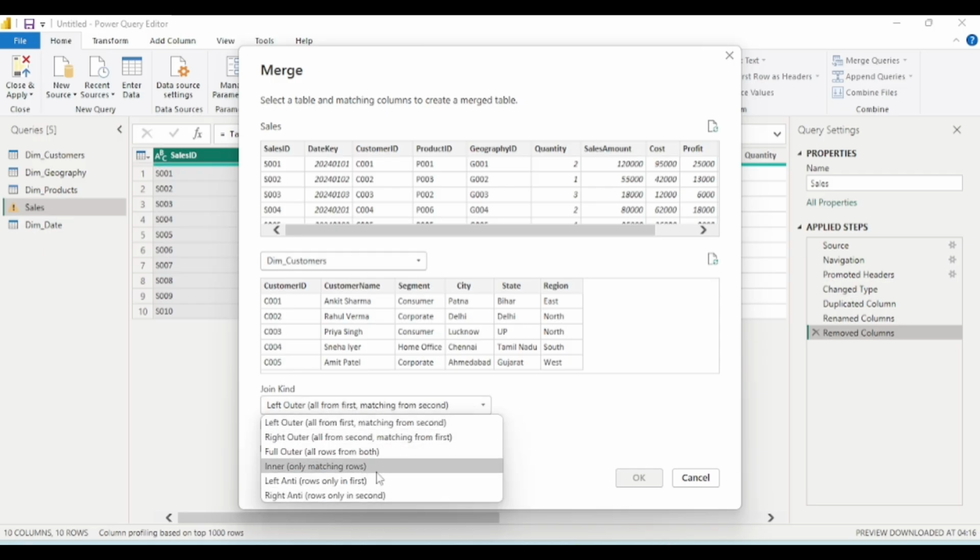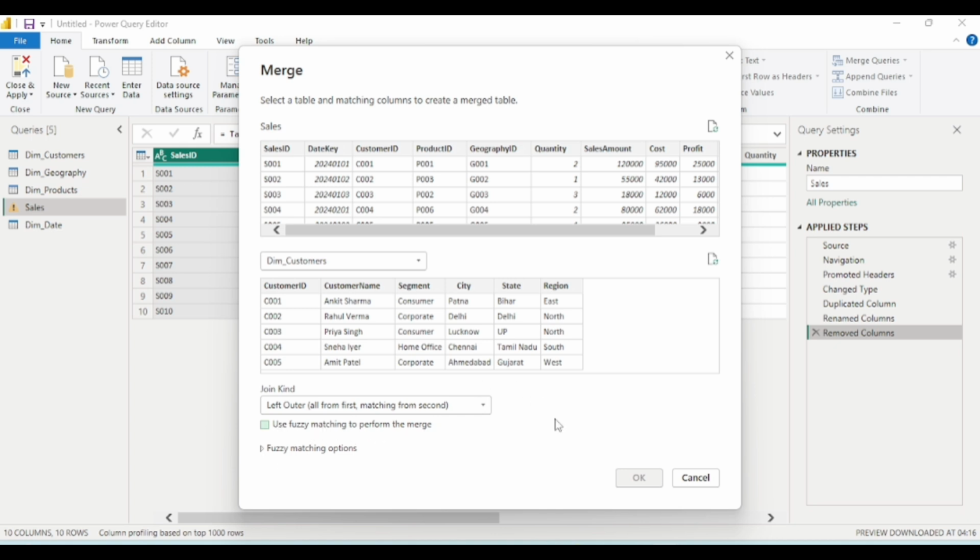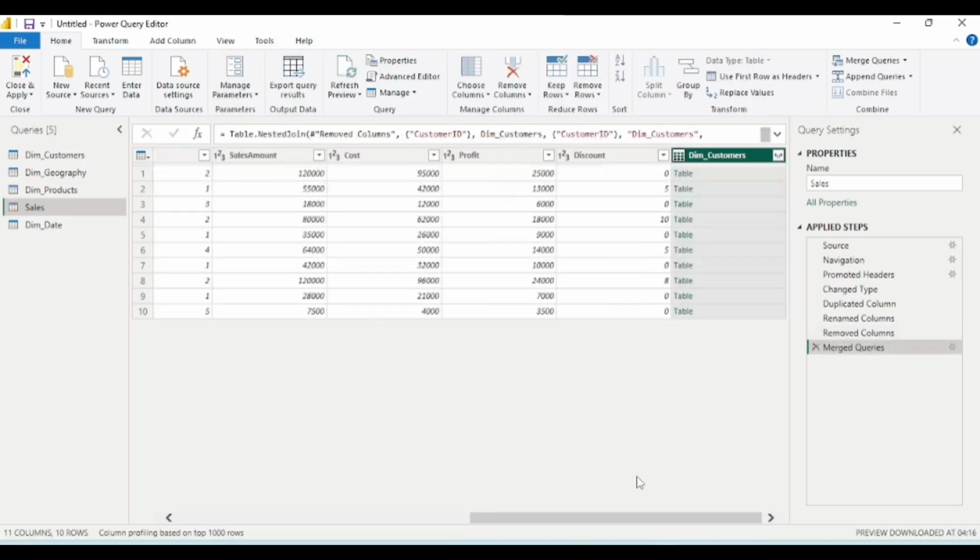So these are the options which are available. Again, we have fuzzy match options: use fuzzy matching to perform this merge. Now if I say here customer name, customer ID is there, here I select customer ID. See, the selection matches 10 out of 10 rows from the first table. And now if I hit the OK button, a new column has been created under the sales